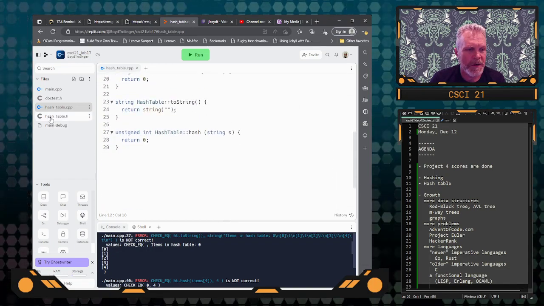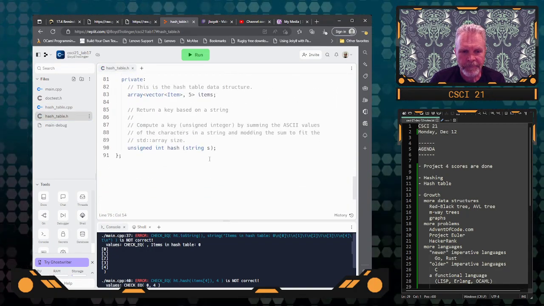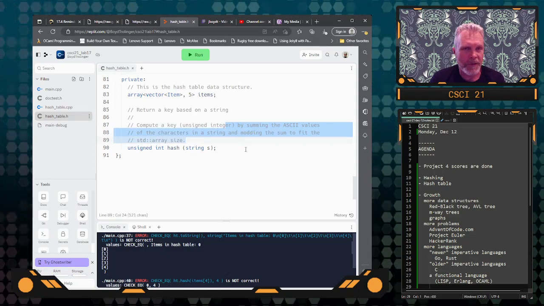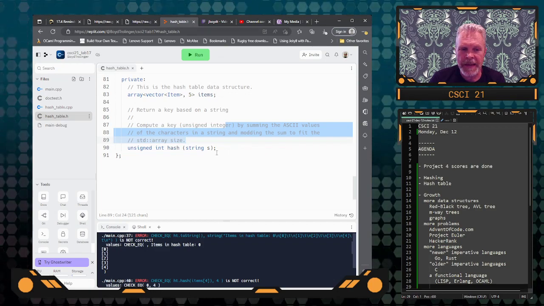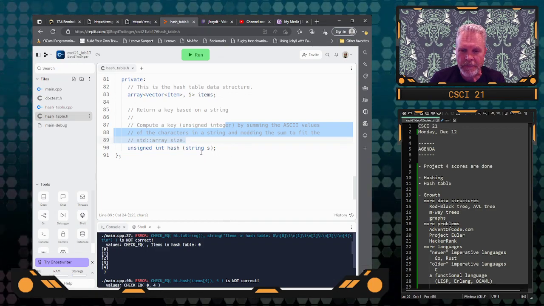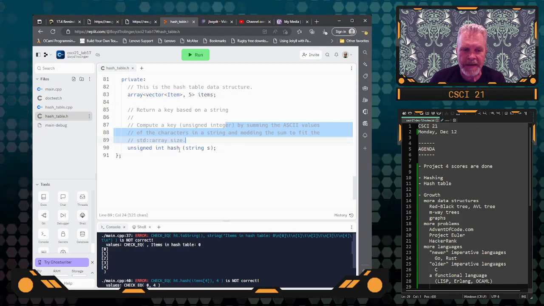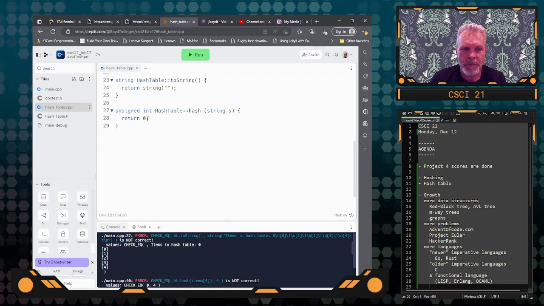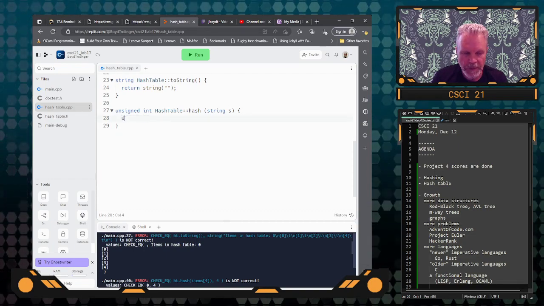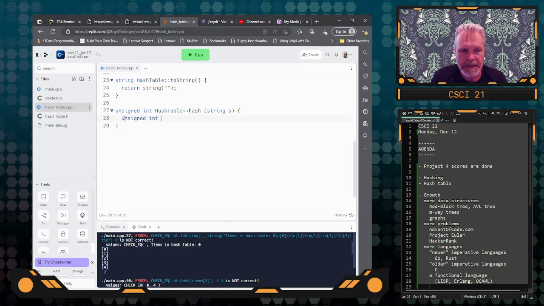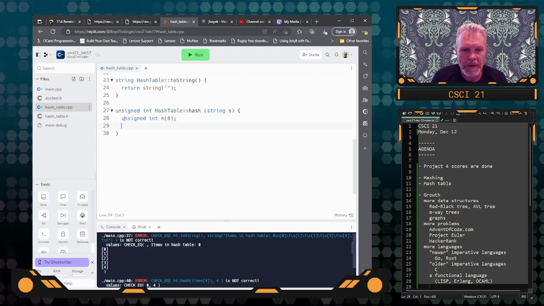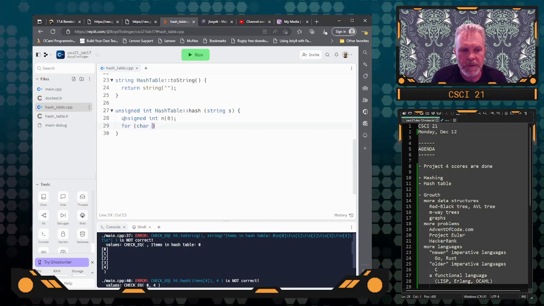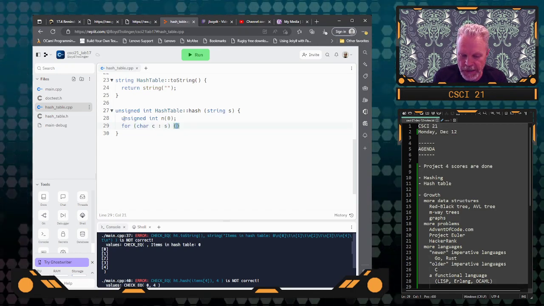Hashing. We already know. Did it describe it? Sorry to go back. Compute a key by summing. Okay, it tells us the hashing algorithm. It's the one that we just did. Sum the ASCII values of the characters in a string and mod them to fit the size of our array. Okay. So that's the same one that we just used. So we will have an unsigned int n. We will take that string. So for char c in the provided string, this parameter,